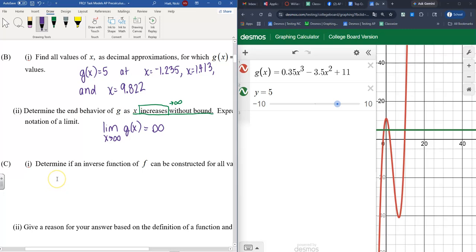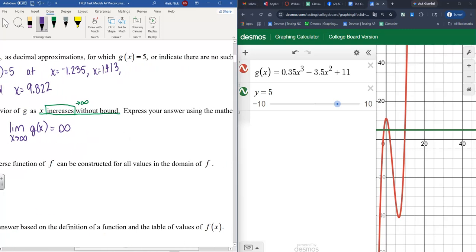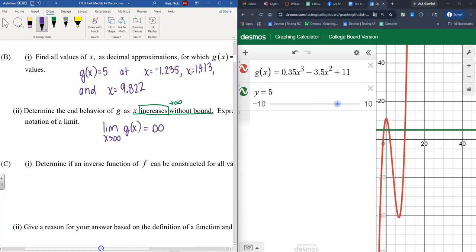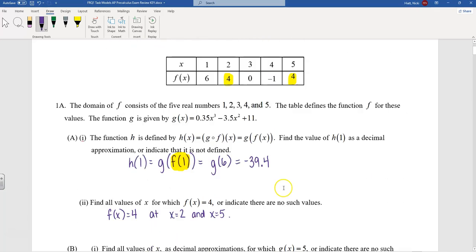Okay, moving on. C says determine if an inverse function of f can be constructed for all values in the domain of f. So the key here is that it has to be an inverse function. Function is that key word right there. So if we look up here at this table, I've got different x values, 1, 2, 3, 4, 5. This table shows us a function. None of our x values are repeated. However,